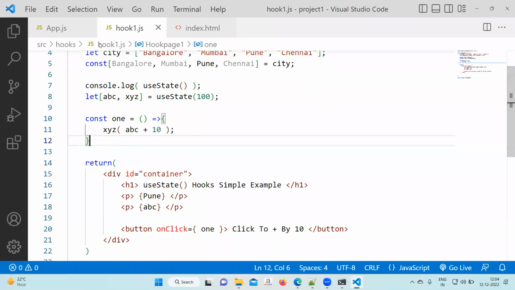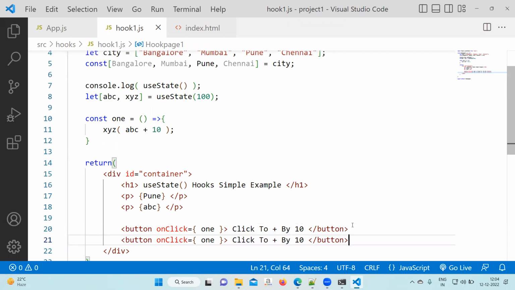Okay, let's go next. After that, what we understood is that xyz is a function name and abc is a variable name. Whichever we want to modify, in abc and xyz we can modify easily, and whatever you modify automatically comes in the browser. When you change the value of a variable and immediately your value is reflected in the browser, it is happening through a feature of React called state. That is a feature of state, right? So if anyone asks what is state management, you will say: